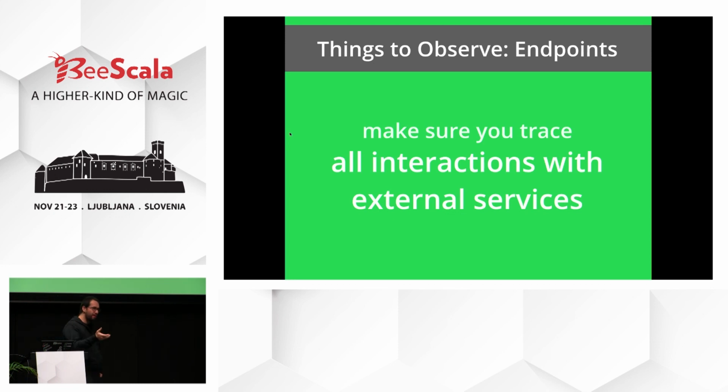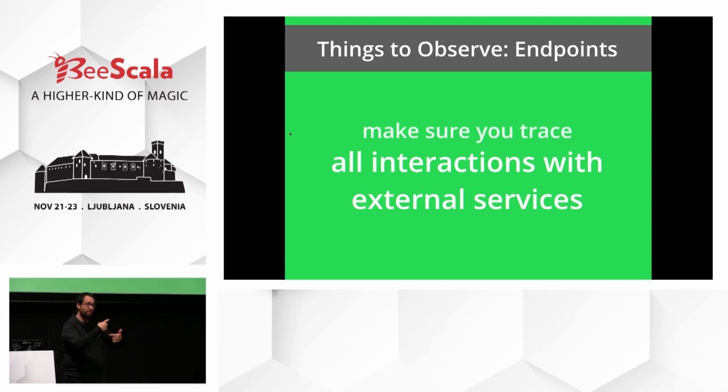Finally, when you get to a higher level, and we're talking now about things that are specific to the implementation of your service, it is really important that you are able to trace all interactions with external services. Lately, I have been spending a lot of time talking to people about monitoring and how they face problems in production, what is happening when they have those problems in production. Most of the time, the problems are in the boundaries between services. You have a service that depends on another, and that one got slow. So this service is fine, but the downstream dependencies have problems.